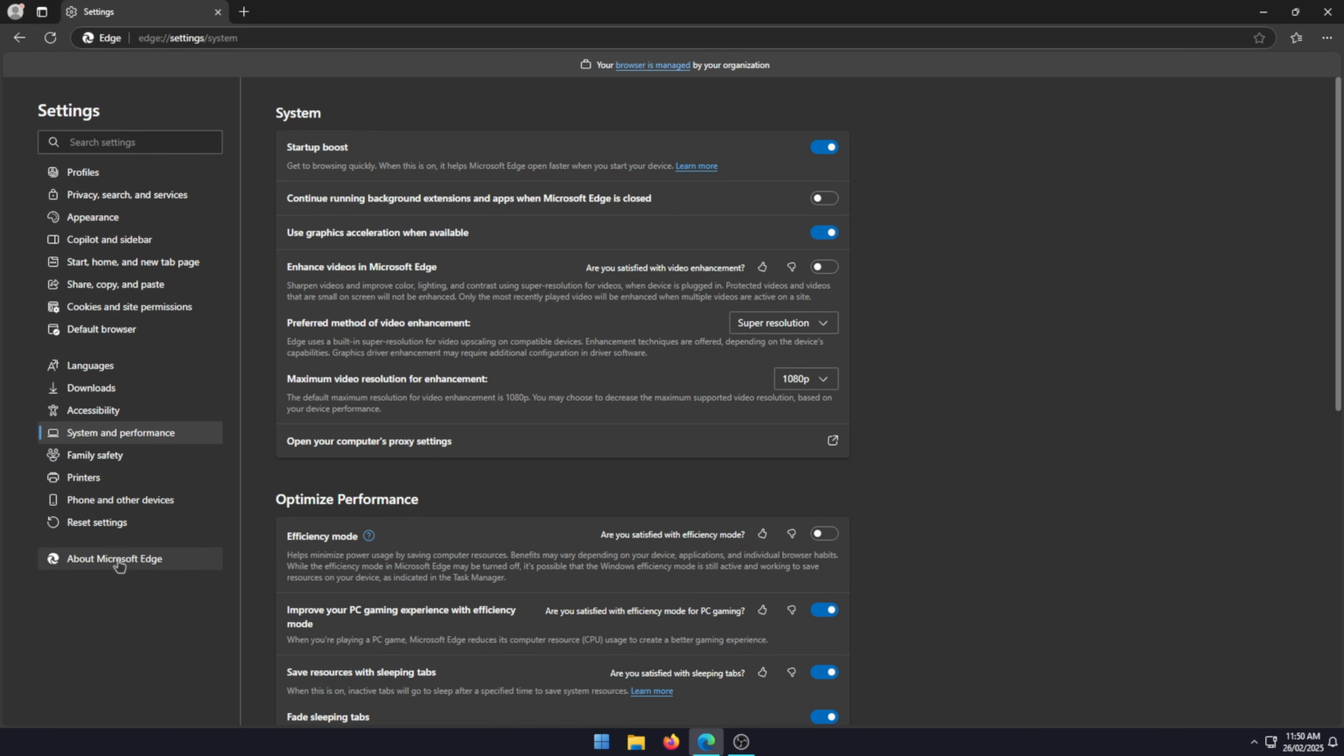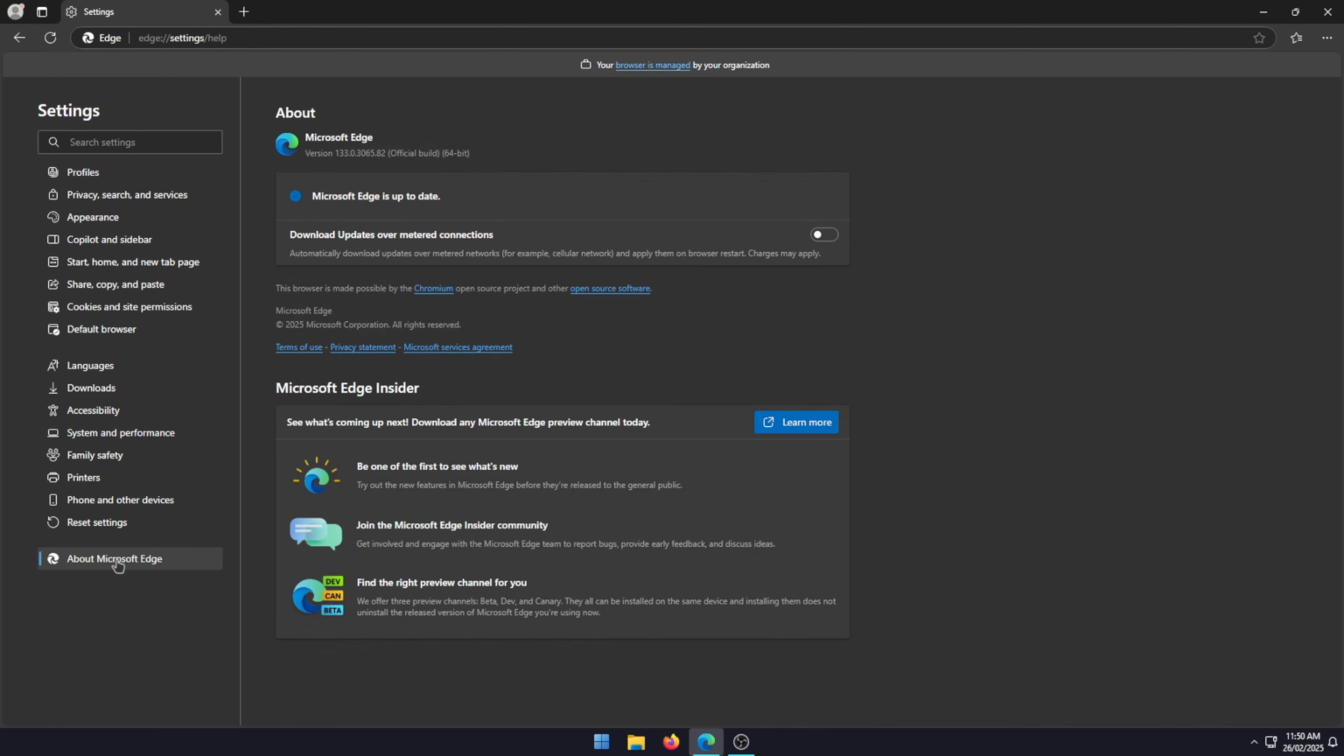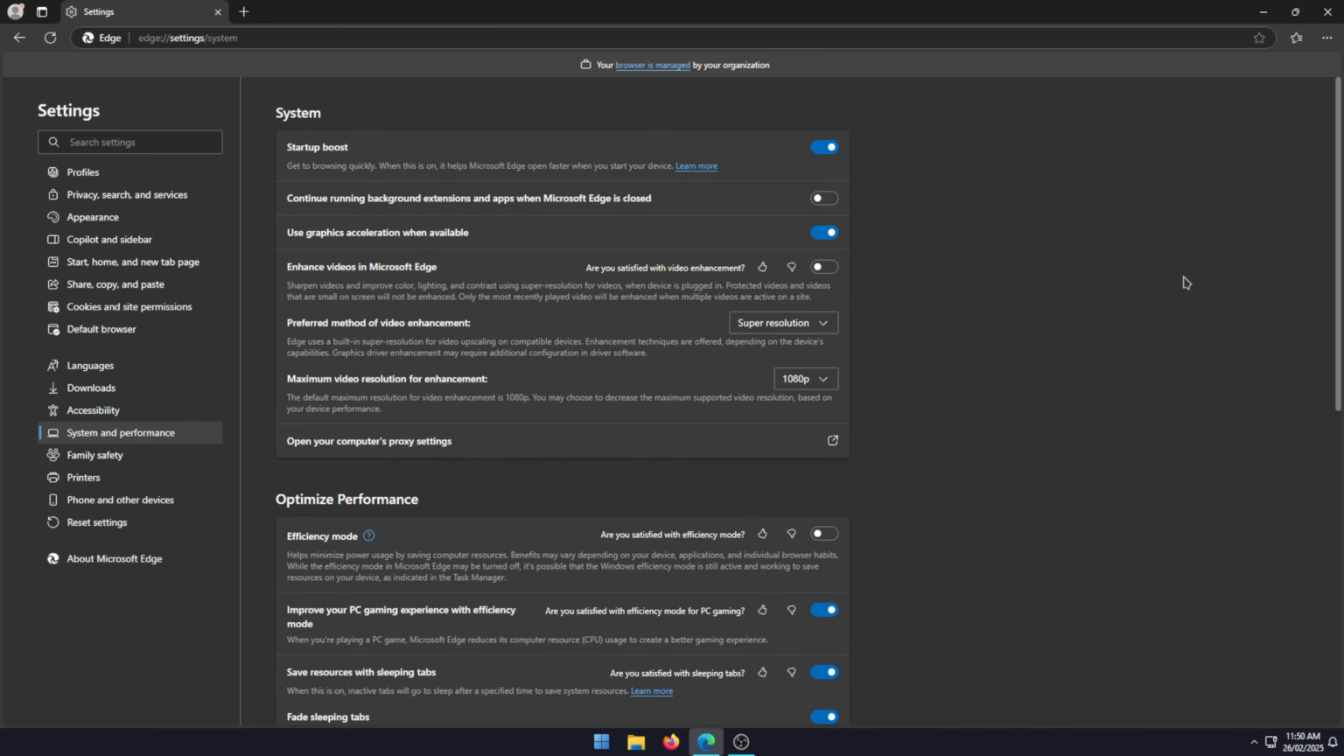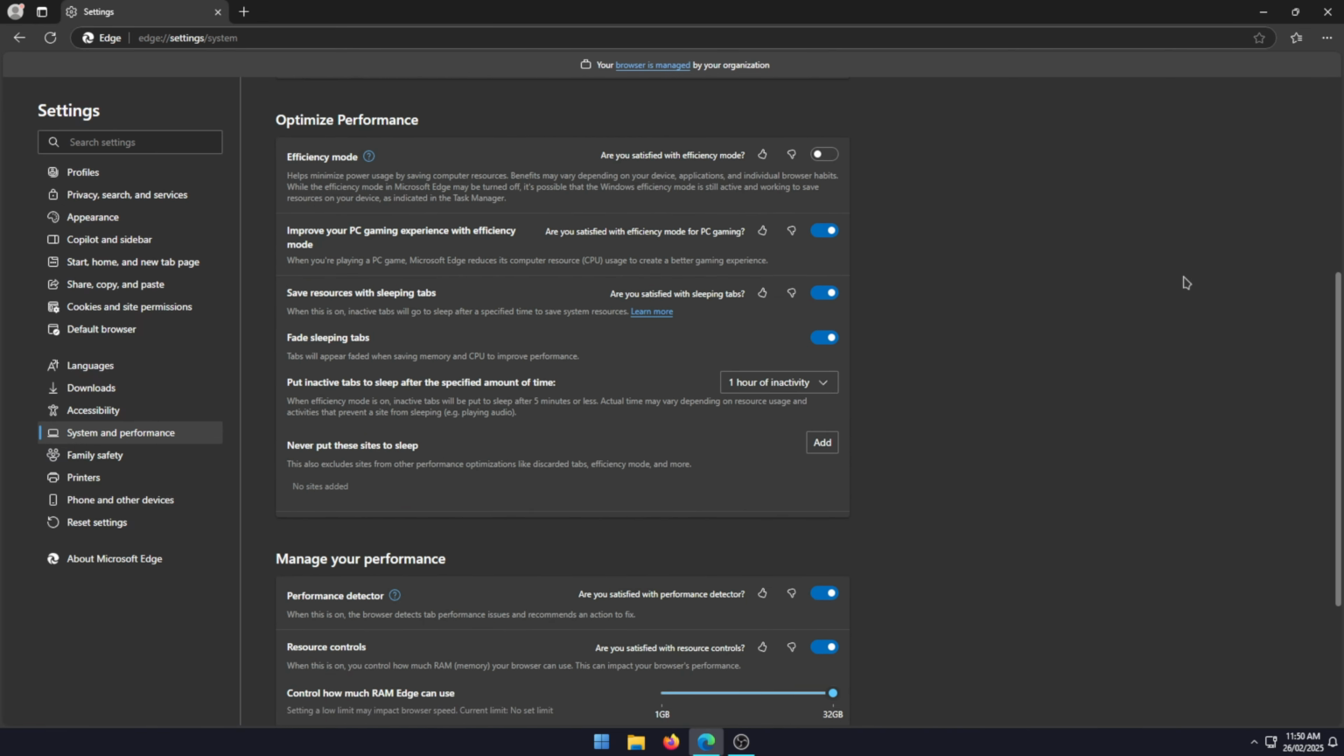And on this page, the first thing you need to do if you don't currently have the latest version is to click About Microsoft Edge. This will automatically check for an update and then install it. If there's no updates available, you already have the latest version. So once you have the latest version, change to the System and Performance tab, then scroll all the way down